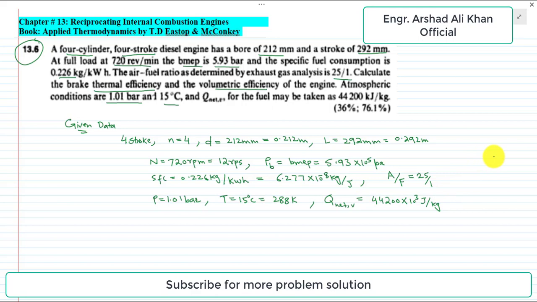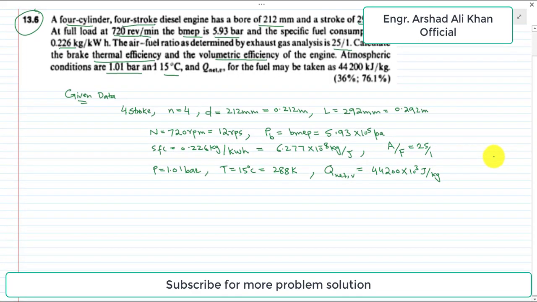So we are required to find two quantities in this problem. One is the brake thermal efficiency, and second is the volumetric efficiency. These two efficiencies are required to be calculated from the given data. So now starting the solution of the problem,